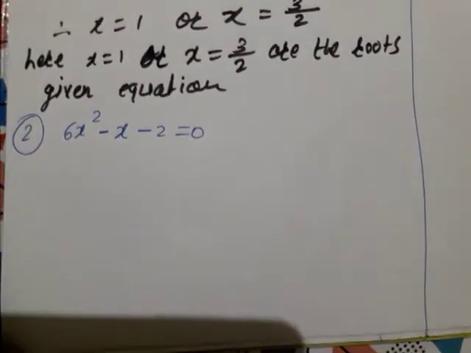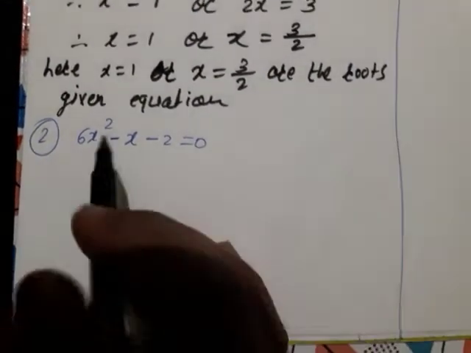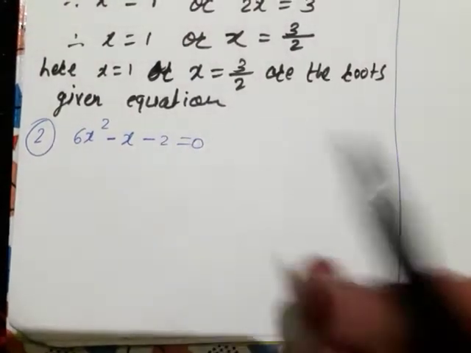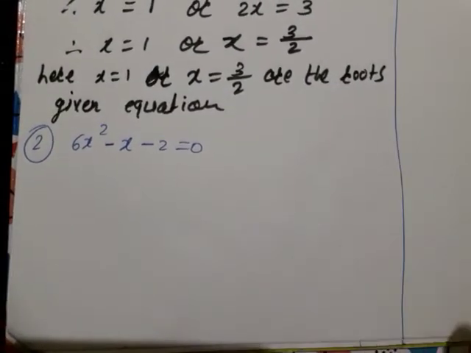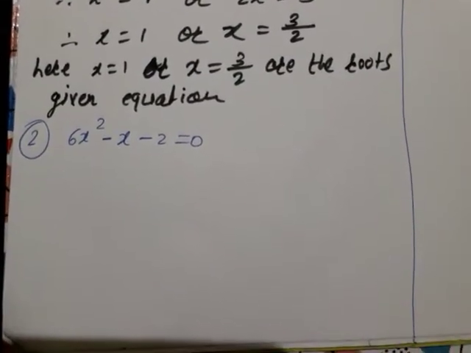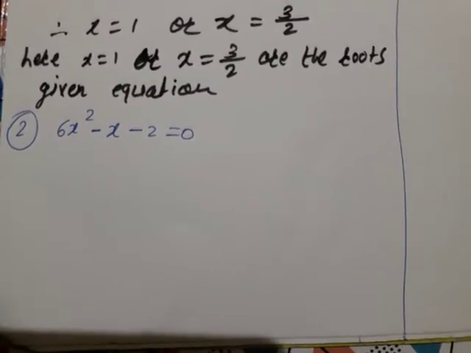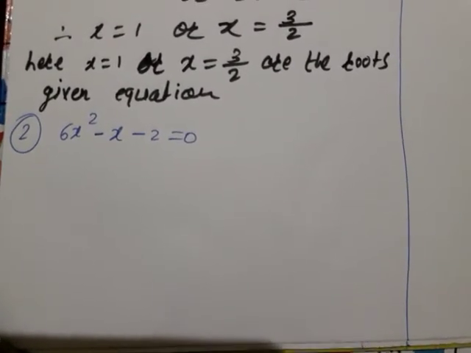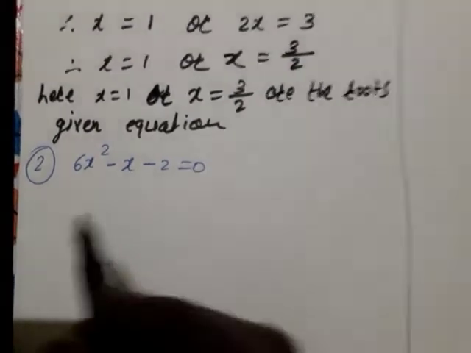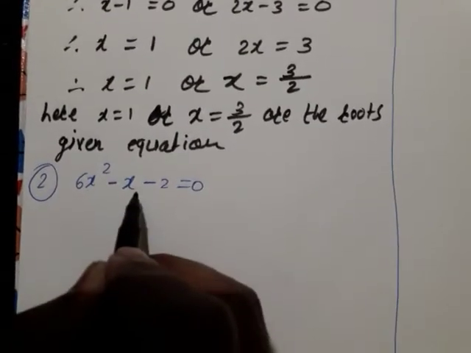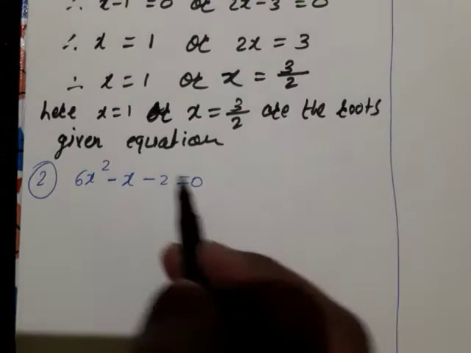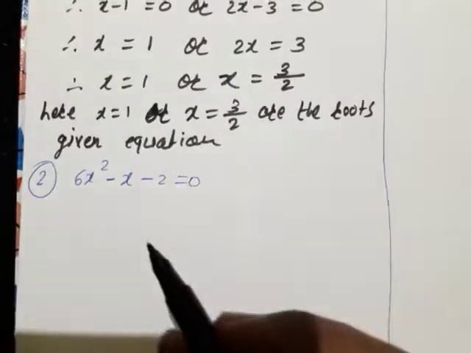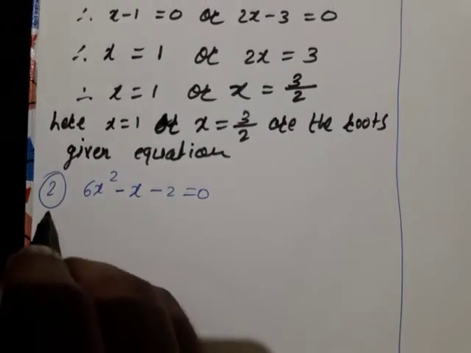One more example I have written over here. That example also I will show you. 6x square minus x minus 2 is equal to 0. The same procedure which we followed before, the same procedure we have to follow over here, and by using that same procedure we have to solve this example. Are you getting? So here also the instruction will be like that. Which type of instruction? Find the roots of this equation. The instruction I have written upside, that's why I have directly written this example.